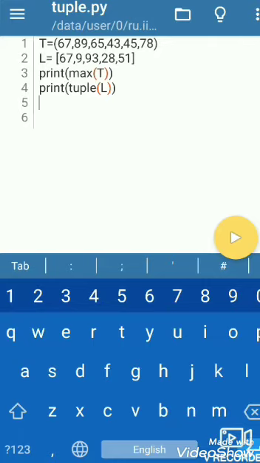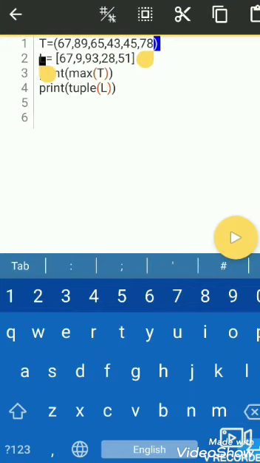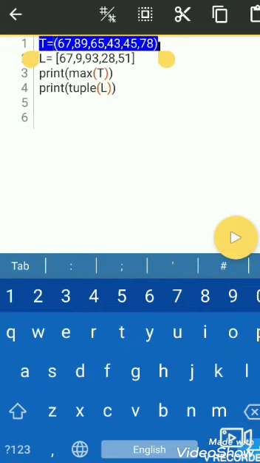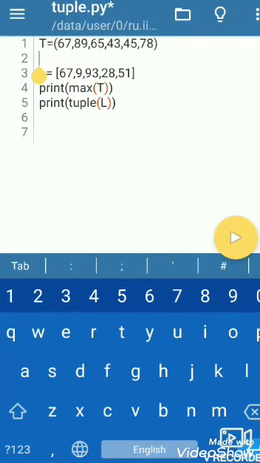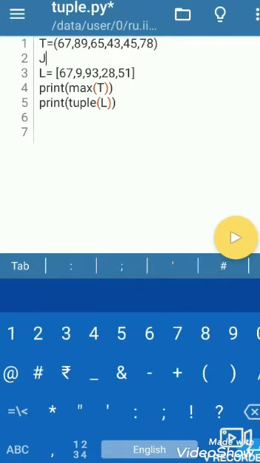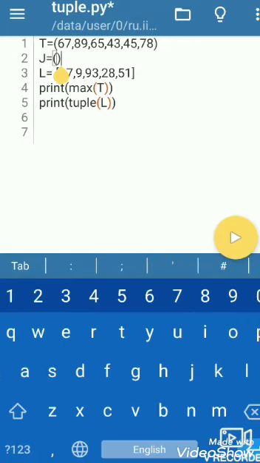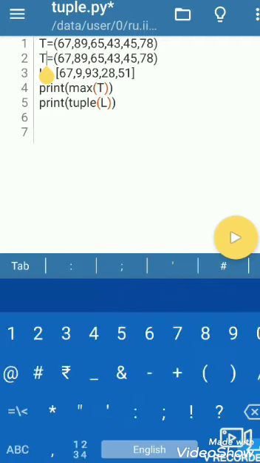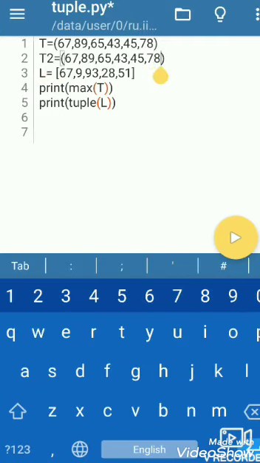So let's create another tuple. So we can add t equal to, that is a tuple, and again j equal to the same thing. Okay, we can paste it, so no need to write. This is t2, and let's add some more numbers.